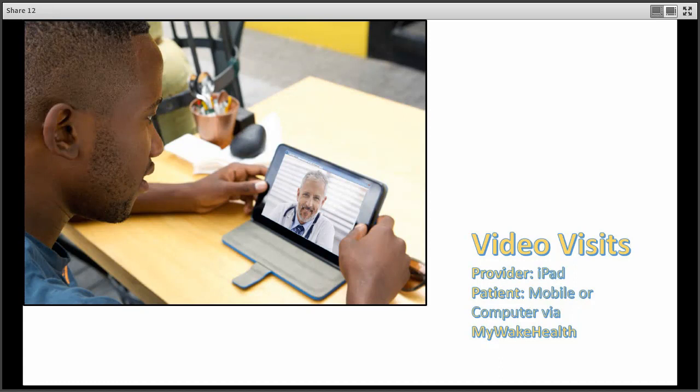These are really nice for making it much easier to have your visit, and in many cases your weekly visits with your provider, without having to jump up and leave work, or make sure you've got someone at home with your kids, or any number of things that could pose obstacles to actually getting to the clinic.